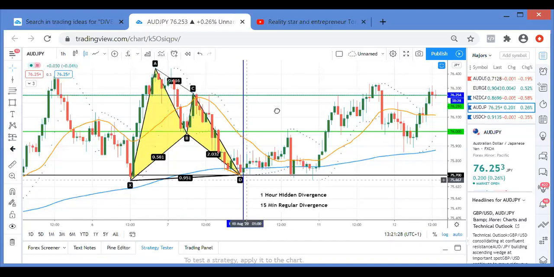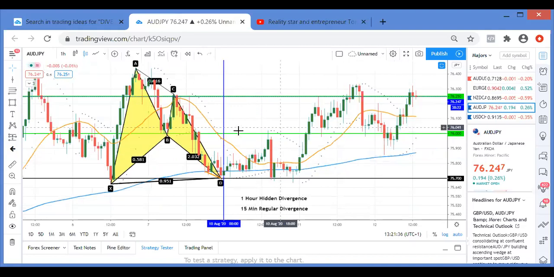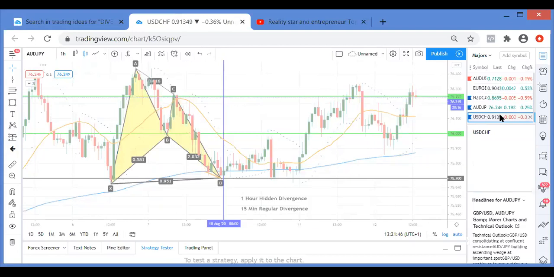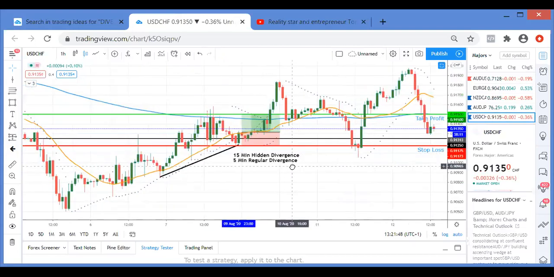Guys, listen, all these quarter points is where the banks respect. These are areas that the banks want to trade to or trade away from. It's just how they trade. If you're going to look, another one, USD CHF. Yeah, this one here. So this was on the 15-minute chart.